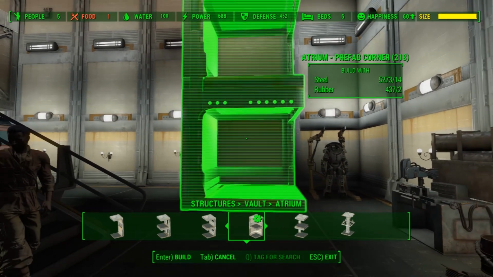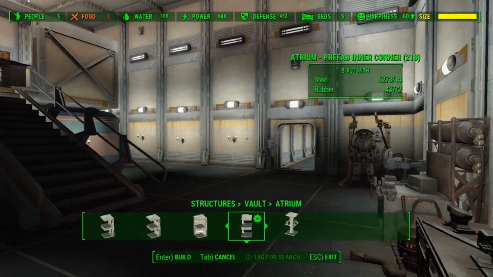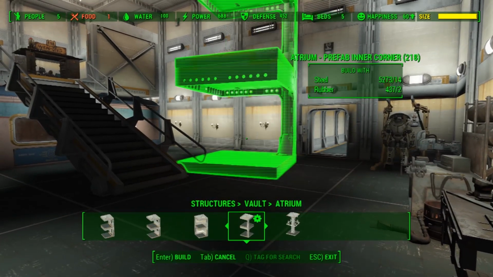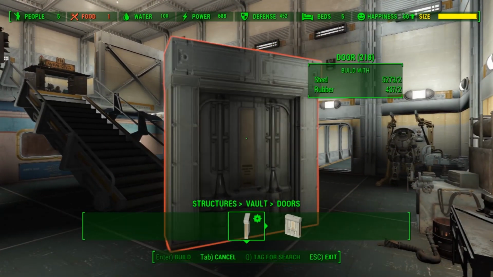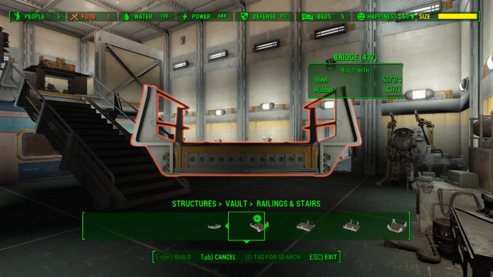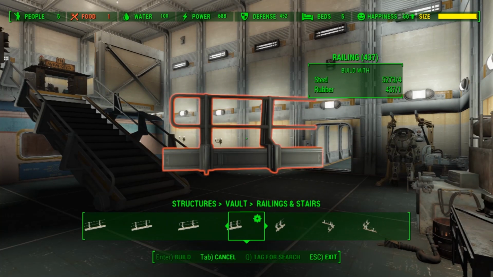All these advanced tools, I don't really know what the point of them is. You can make some nice structures out of them, I guess. Yeah, there's two kinds of doors as well. There's a normal door and a powered door, and obviously you can make the powered door hook up to a